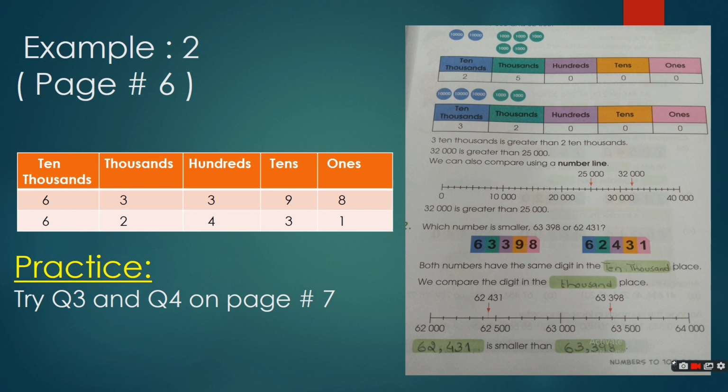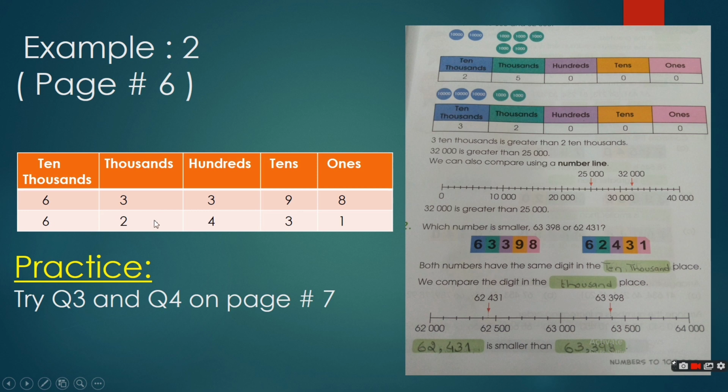Now another example number 2 on page number 6 is which number is smaller, 63,398 or 62,431. Again first we will write these numbers in the place value chart, and then we will compare the digits in the 10,000 place. So over here both digits are same in the 10,000 place, so we will see the next number that is in the thousands place. So over here 3 is greater than 2, so it means